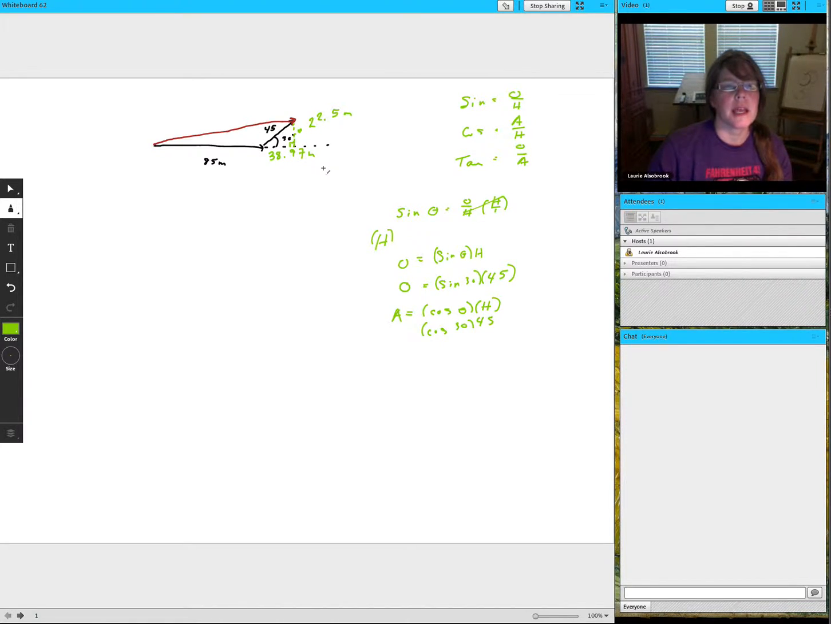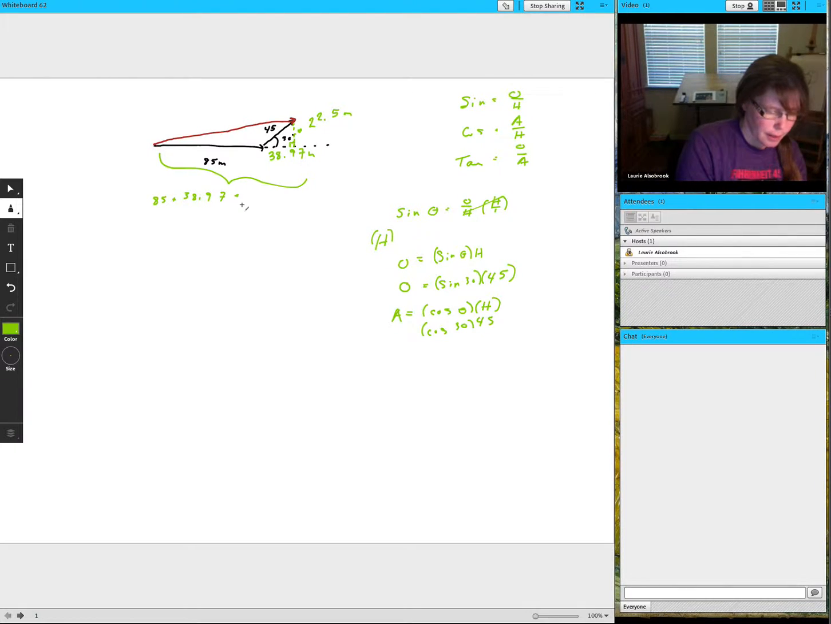meters. Now, in order to find the resultant, to find the red arrow, what I'm looking for, I'm going to have to find this total length here for one side of my triangle. Okay, so we've got 85 plus 38.97. Okay, putting that in the calculator, we get